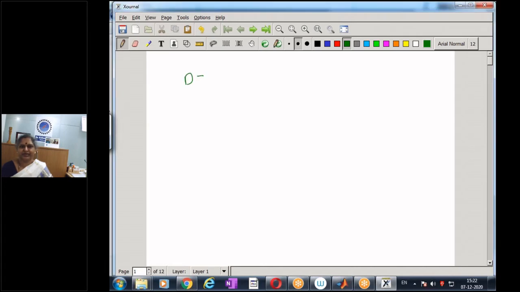In this module, we shall see another method of efficiently computing the discrete Fourier transform, and that is known as the DIF-FFT, which stands for decimation in frequency fast Fourier transform.